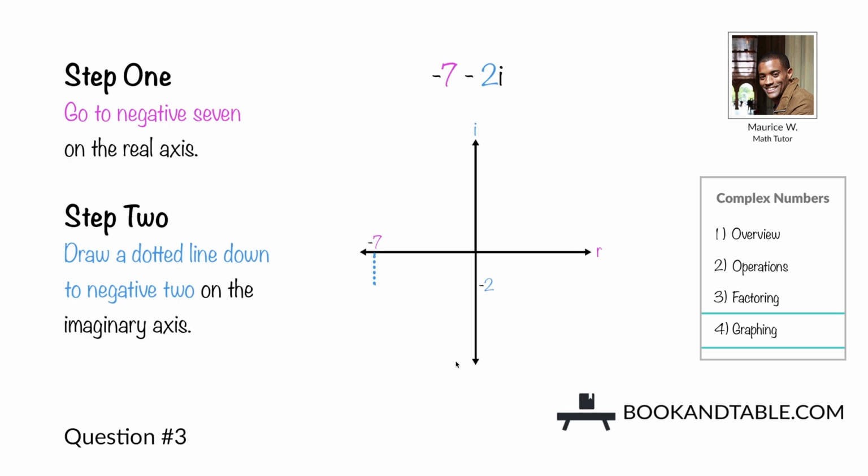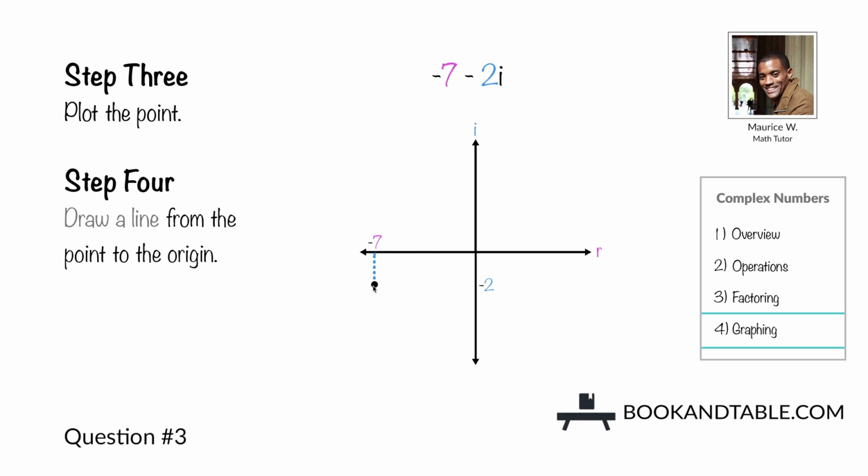In question number 3, we're asked to find the argument of negative 7 minus 2i. So step 1, go to negative 7 on the real axis. And step 2, draw a dotted line down to negative 2 on the imaginary axis, and then plot the point. Draw a line from the point to the origin, creating our right triangle in quadrant 3, and closest to the origin is our angle alpha,